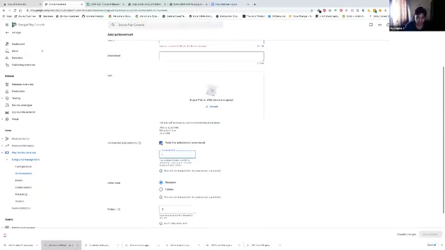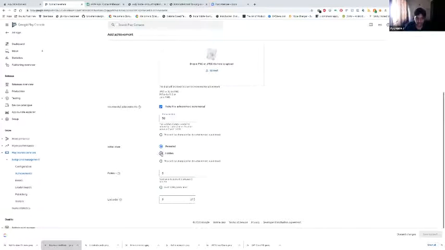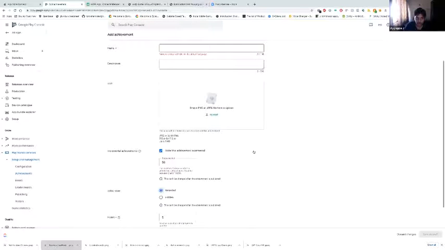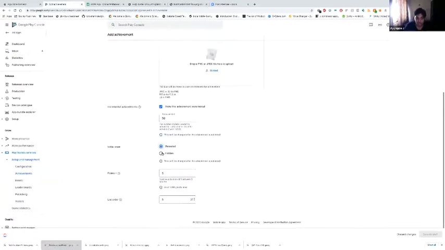So as I mentioned, winning 50 games is one achievement, so usually you mention it as 50 over here. For every game won, you just increase the step and report the progress. Once it reaches 50, only then will this particular achievement be unlocked. Another option is you can set the state of the achievement, basically revealed or hidden. Revealed means it will show the icon, what kind of achievement it is. If it's hidden, it will stay hidden until it's reported at least once.